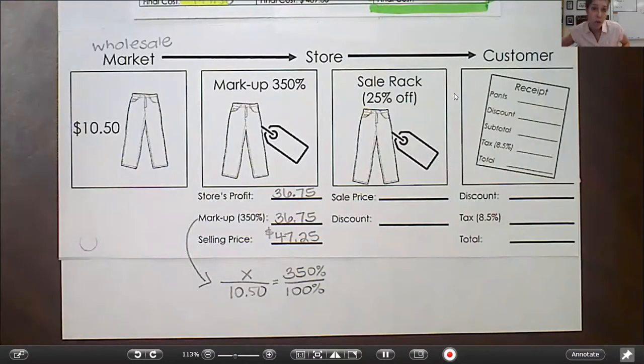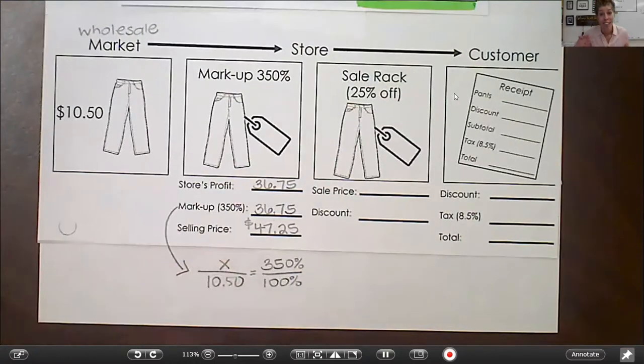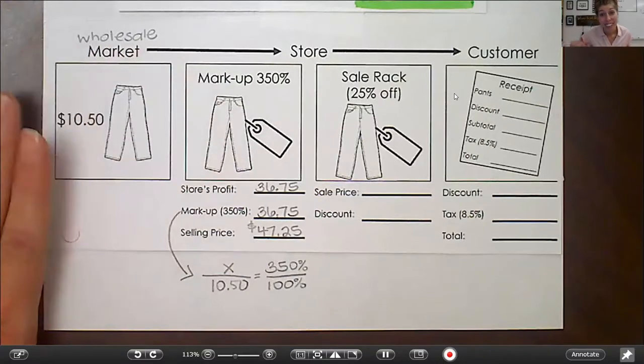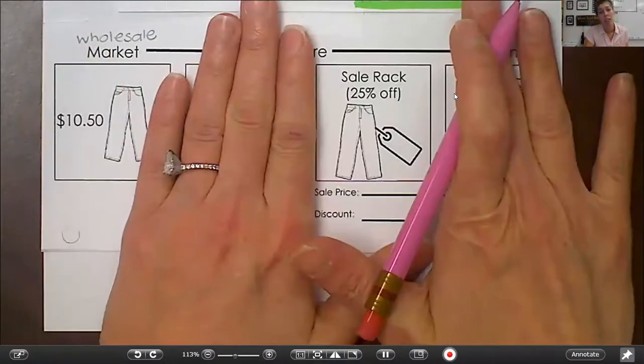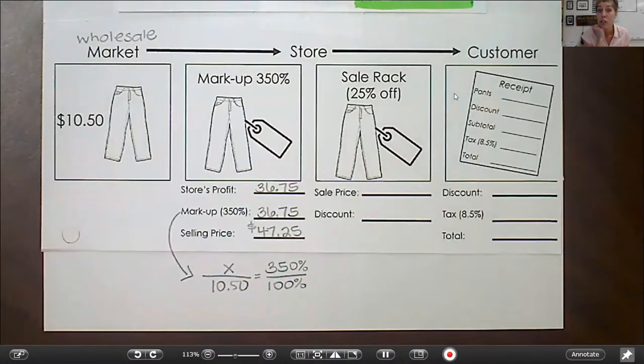Now, not all items go on sale. If you buy something full price, maybe I try not to. I'm not a sucker. I know it's going to go on sale eventually, but sometimes you need that one thing for that one event right now. So I'm not shaming you if you buy full price. I'm just saying. Even Target, like the last digit on their prices, if it's like a 4, it'll go on sale. A 2 is the last number and it won't go down anymore. There's all sorts of tricks. You do some Googling. But so then it's $47.25 and goes on sale at the end of the season for